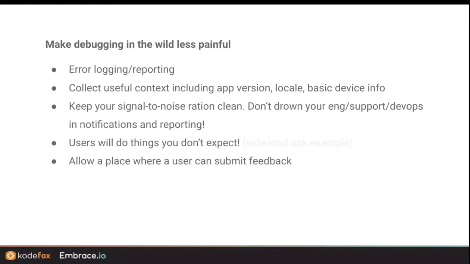One of the things is to make sure that you are collecting the right information, right? When you make an error log, let's make sure we have the app version. That's probably a no-brainer. What about the locale? What about basic device info? I need to know if they're on an iPhone 5C. I need to know what operating system version they're on. And then the other thing is to make sure you're not just collecting crash reports. Crash reports are great, but I need to know when things go unexpectedly, when the user gets into a weird state, when they're somehow in this stuck situation and the server requests aren't working.